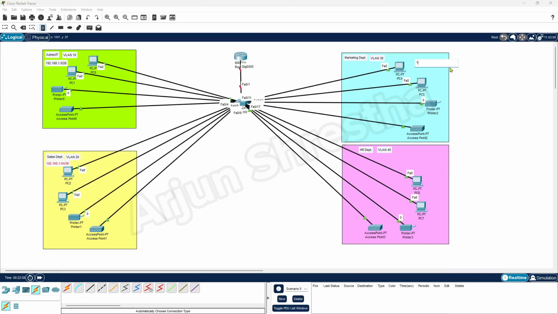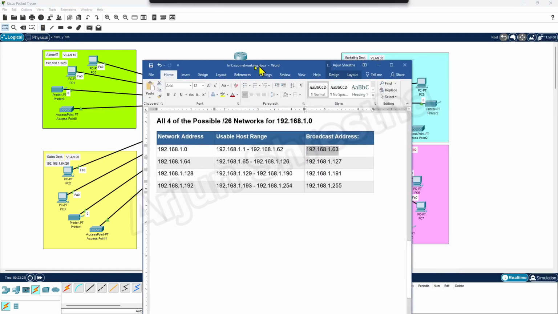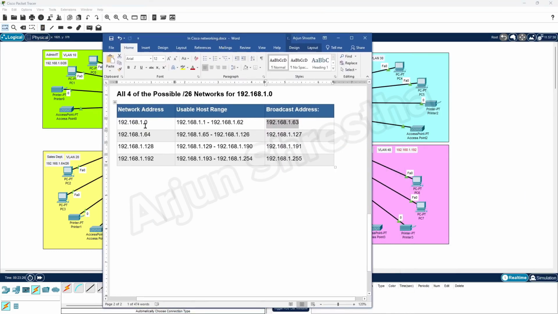And the next one is 192.168.1.128, right? This one is for the marketing department. So the next one is 192.168.1.192, right? So this one is for this department, okay? So check it out here, okay? I'm just keeping the network ID for all the departments. This is our network ID, this is our broadcast ID, right? And this is our usable ID. So we are going to use this usable ID for this, and I just keep this for our network ID,